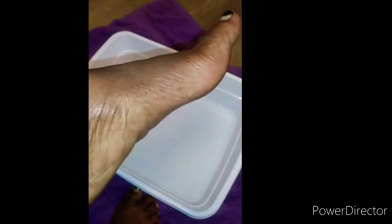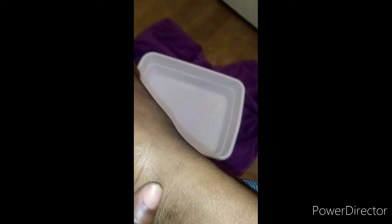So I decided before I paint my toes and everything, I'm going to show y'all my process of how I go through with getting rid of the dry skin. You see I have the cracked up skin from whenever I had athlete's feet. Now I don't have athlete's feet anymore, but all of this crackiness that you see, the dry heels and the flaky white skin that's all around my ankles and all over the top of my feet and on my toes,